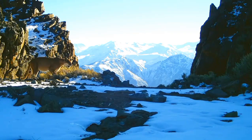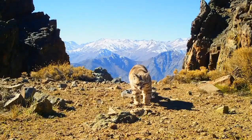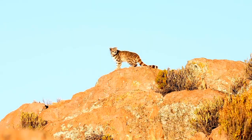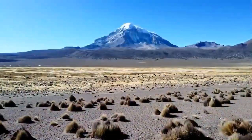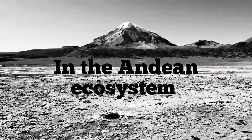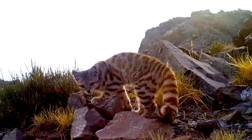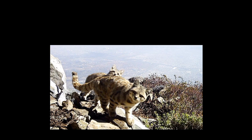Deep in the high altitudes of the rocky terrain of the Andean mountains lives the most threatened cat in the Western Hemisphere, an apex predator of its niche terrain, in which the disappearance of this predator would cause an ecological disaster in the Andean ecosystem. Being the rarest and most elusive feline, the earliest wild photographs of this species was taken in 1998, and in